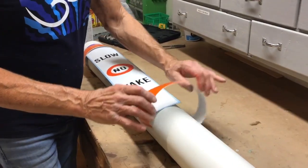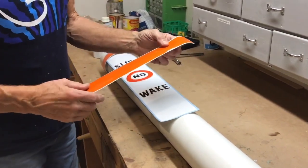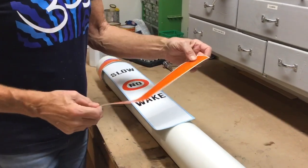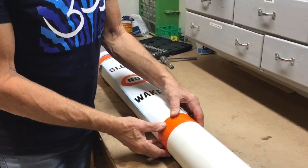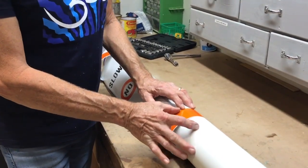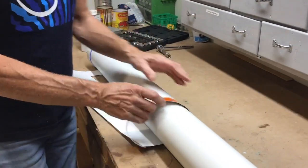Now this is orange reflective tape. On the red markers, and the green markers, and the yellow markers, you need red, green, and yellow reflective tape. I've really had trouble finding reflective tape in those colors. But if you go to a sign shop, they have this reflective material which is available in any color you want and is really durable. On a painted marker, the Department of Transport regulations require the reflective band to be 4 inches wide. So I get it made up in 4-inch widths by the sign shop and then just apply it up at the top end here